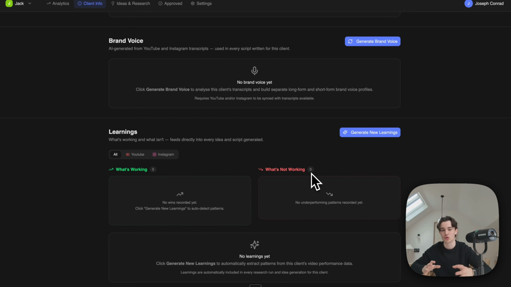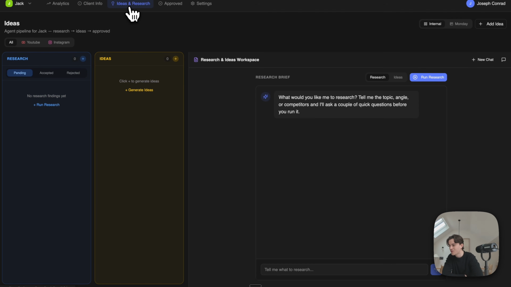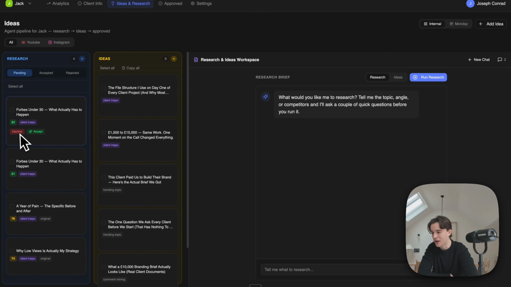So it can literally take what's working and what's not. So it knows what to prioritize when it comes to researching. And what's not working, obviously it's not going to prioritize that when it comes to researching or coming up with ideas, because it knows it's not working. And now here, when we come onto ideas and research, we literally have a command board